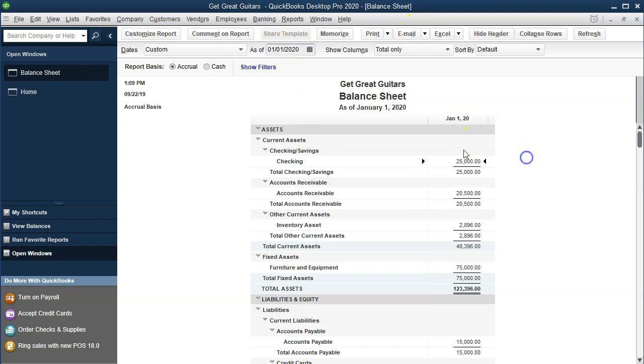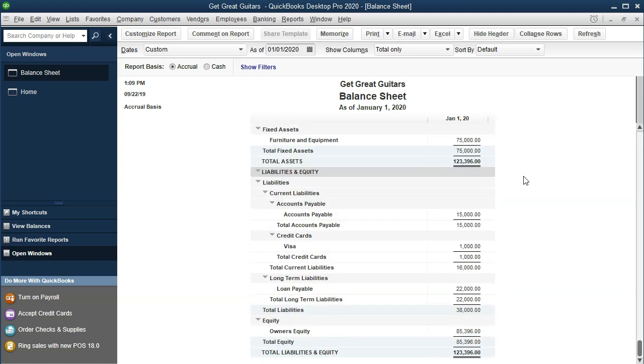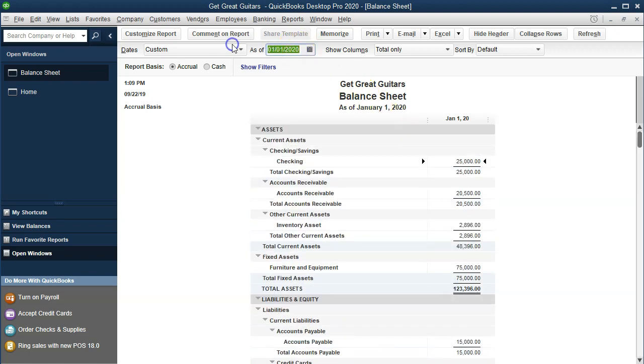01/01/20. And that's going to be the beginning of the year that we're going to be entering data in. We should then have the same numbers here, the end of last year, and then the beginning of this year. This is our starting point. If these numbers are not the same, we can try the end of the year,